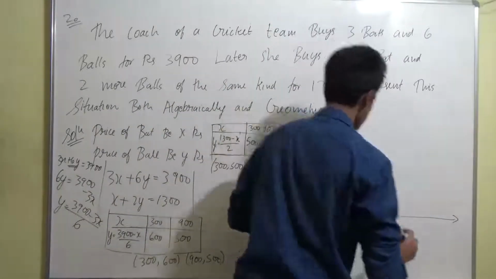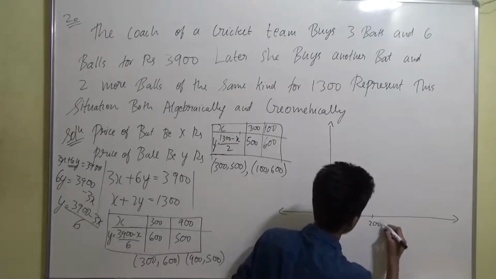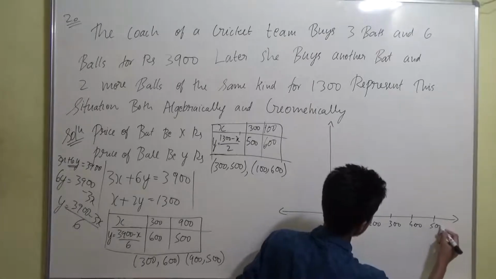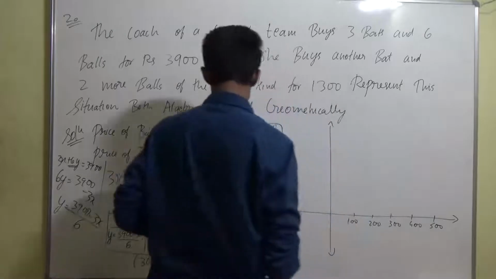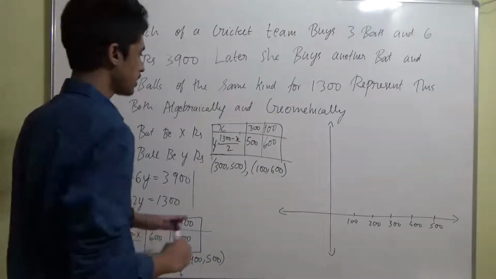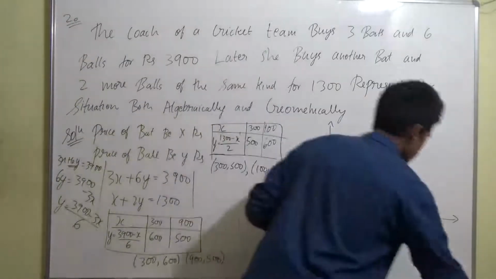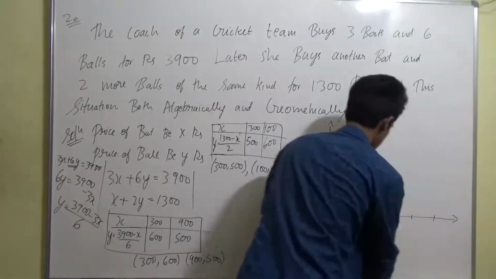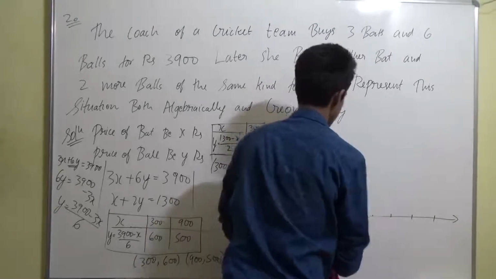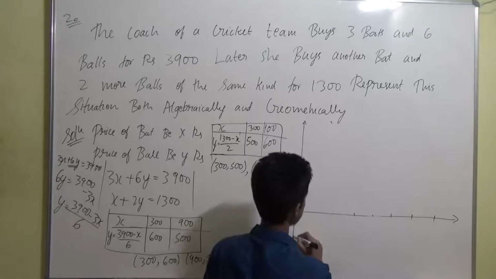Now let's start marking the points. This will be 100, this is 200, this is 300, this is 400, this is 500. Oh, we still need 900 because there's still 900 over here. At least till 900 we'll require in the x-axis. So what we'll do now is rub it and redo it. We need an even bigger x-axis. Right, we'll do it like this.